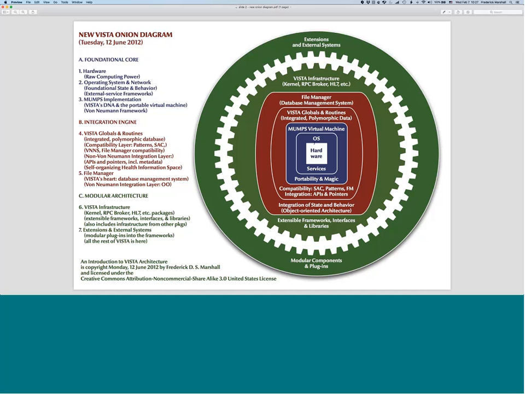But this captures the history of the way it has been up until now, where if we wanted to add, say, matrix mathematics capabilities to Vista, we'd have to write them in Vista, even though the MDC already wrote them in its library extension, and even though EPIC may already have them, and so forth. This captures the current situation in which we are baking in the reinvention of the wheel across all these enterprises. So the MUMPS Advanced Shell solves this problem by inserting a new blue layer outside the MUMPS virtual machine